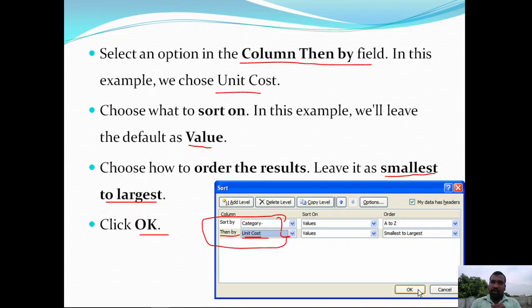If you go with alphabets, they can be sorted either A to Z or Z to A. If you go with numerical values, you can sort from smallest to largest value or largest to smallest value. If you want to apply more than one sorting operation, that is also possible in the custom sort dialog box. Open the custom sort dialog box and add different levels of sorting with the help of the add level command. Then click on OK, and the information will be sorted based on the conditions.